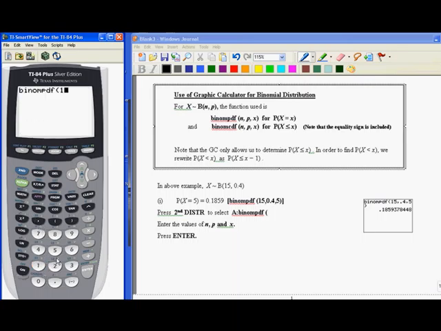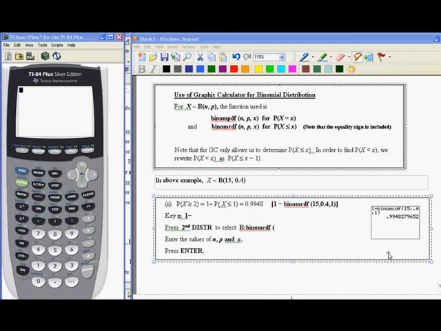15 to represent n, comma, p 0.4, comma, and 5. Enter. This means that the probability when X is 5 is 0.1859. In this next example, if we want to calculate the probability when X is greater than or equal to